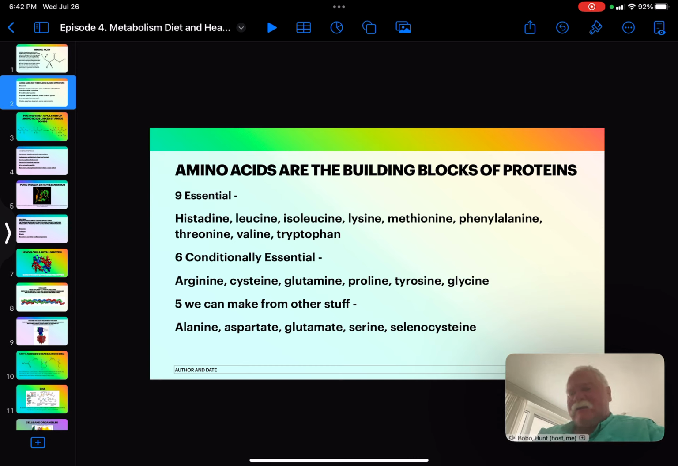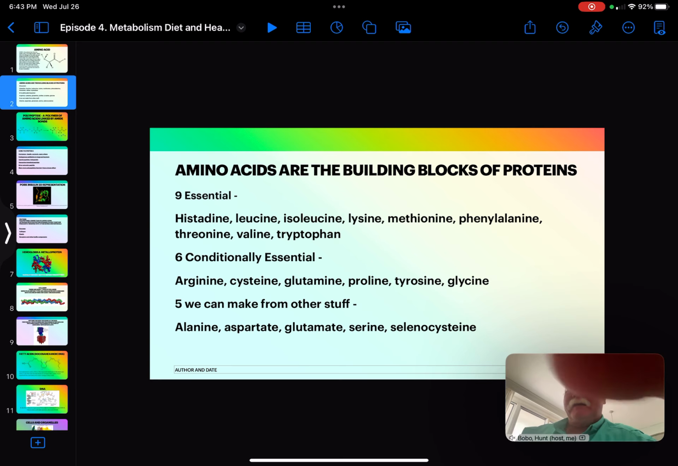Now, glycine is also a neurotransmitter in the correct locations, and it's the shortest and smallest of all of them. Seems like we'd have an enzyme that could just cleave the methyl group off of the alanine and make glycine. 5 amino acids seem to be so easily made from other substances that they're not considered even conditionally essential. And this is alanine, which is like a glycine with just a methyl group on the side, the R group. Aspartate, glutamate, serine, and